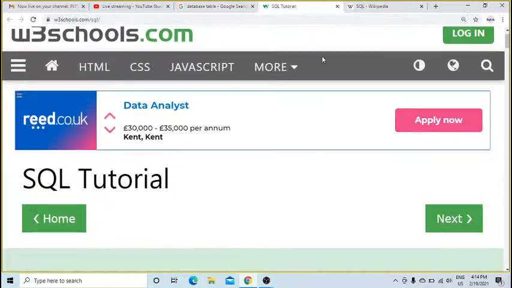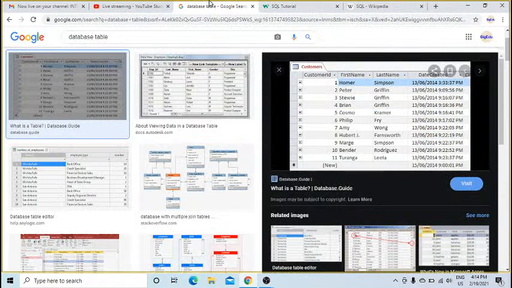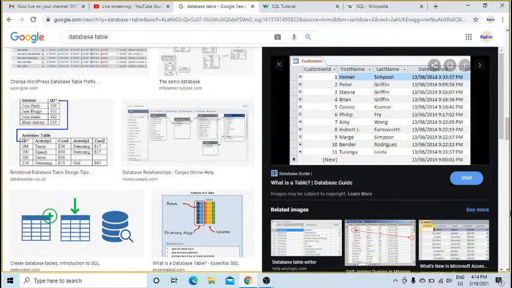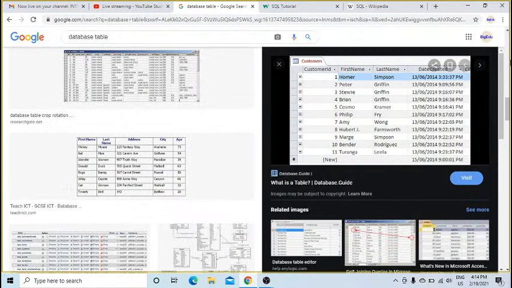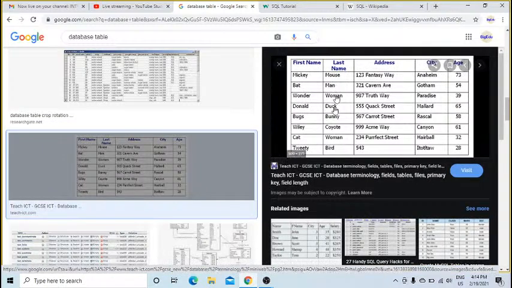Here you can see a lot of examples, but we'll get into the details. Before that, I would like to explain what a database table is, so that you can understand it better. This is a typical example of a database table. Here is the database table of, let's say, your friends. Your friend number 1, his first name is Mickey, his last name is Mouse, and then his address, city